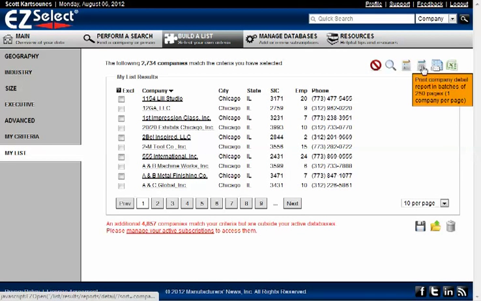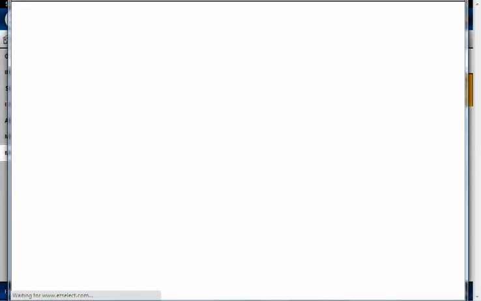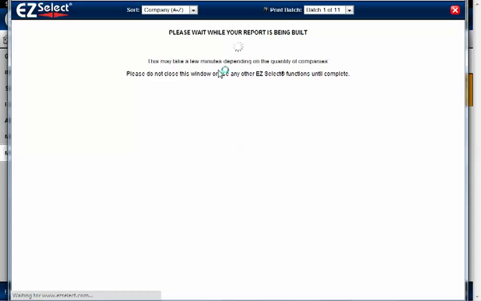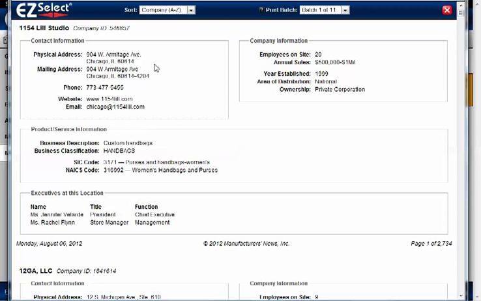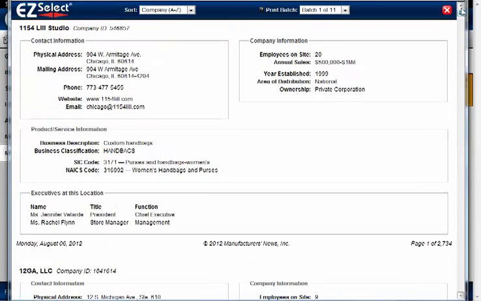The next one is a detail report. And again, I'm in Chrome here, so this is going to try to pop up right to the print preview. But essentially the difference between this and the quick report is just that the detail report puts one per page. So as you scroll through, it's going to put one company profile on each page. It'll always start a new page for the next company, so you'll never have any companies that carry over between